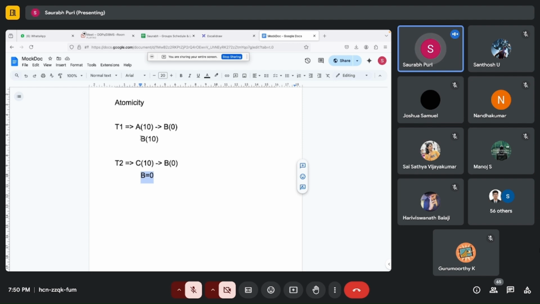So this is a discrepancy, right? This is a very weak isolation level. That is, your transactions can intersect with each other. So this should not happen. Your B should have a final amount that is only 10, right? Because your C is updating B, right? So basically your transactions should not be interfering with each other, right? Your transactions should not be interfering with each other such